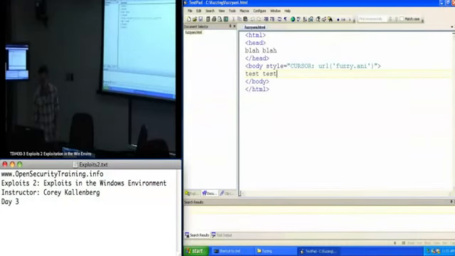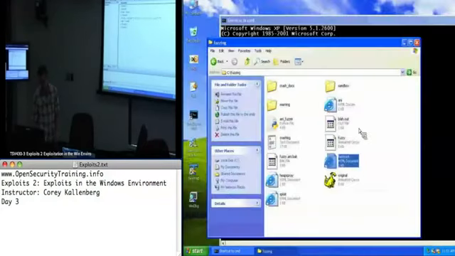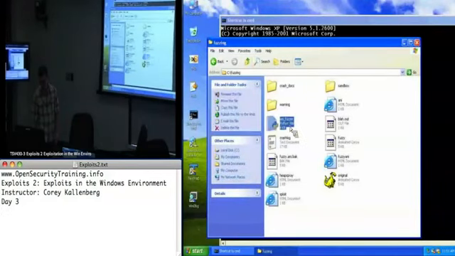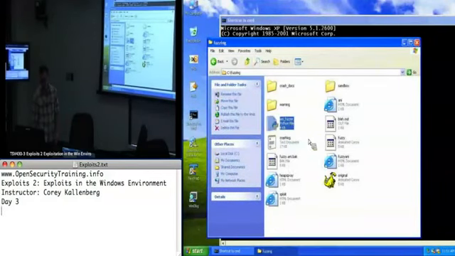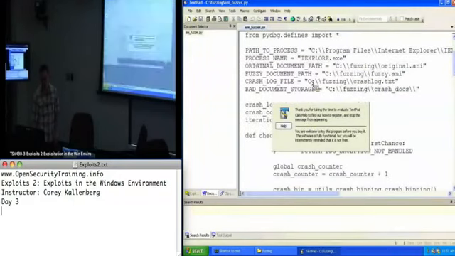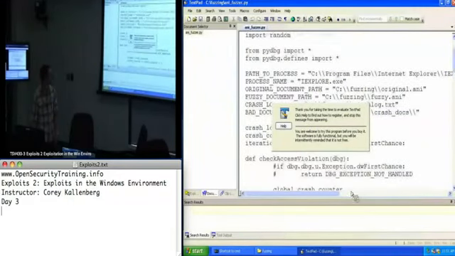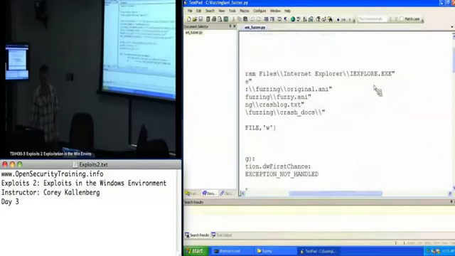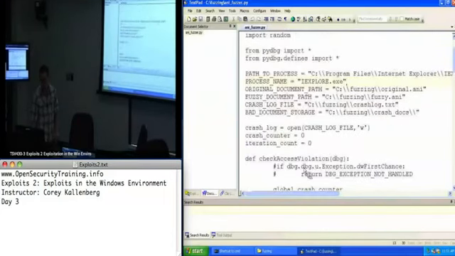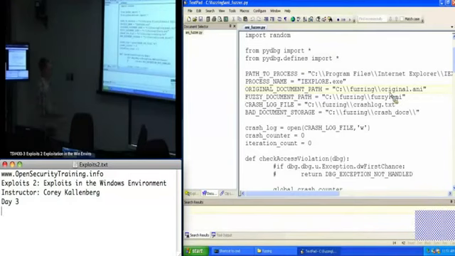The way we'll fuzz this is I've created this Python script, ANI fuzzer, which is almost identical to what I had you guys use for the CDF fuzzer. What it's doing is pointing Internet Explorer at that HTML file, and that HTML file is hard-coded to load that fuzzy.ani file right here. With each iteration of the fuzzer, it's opening up the original one, mutating some bytes,